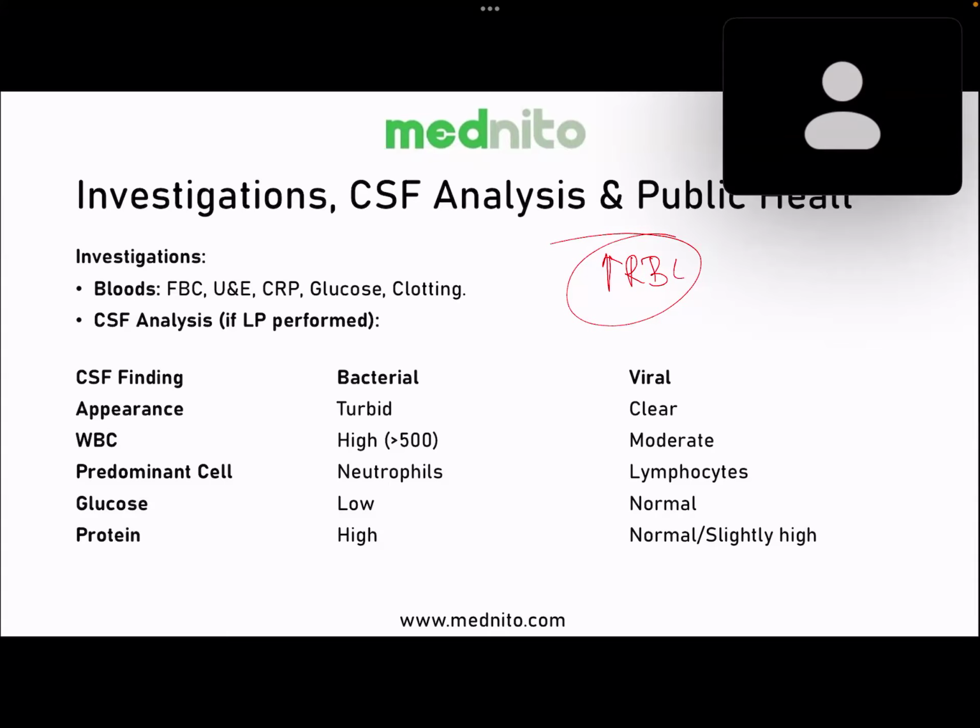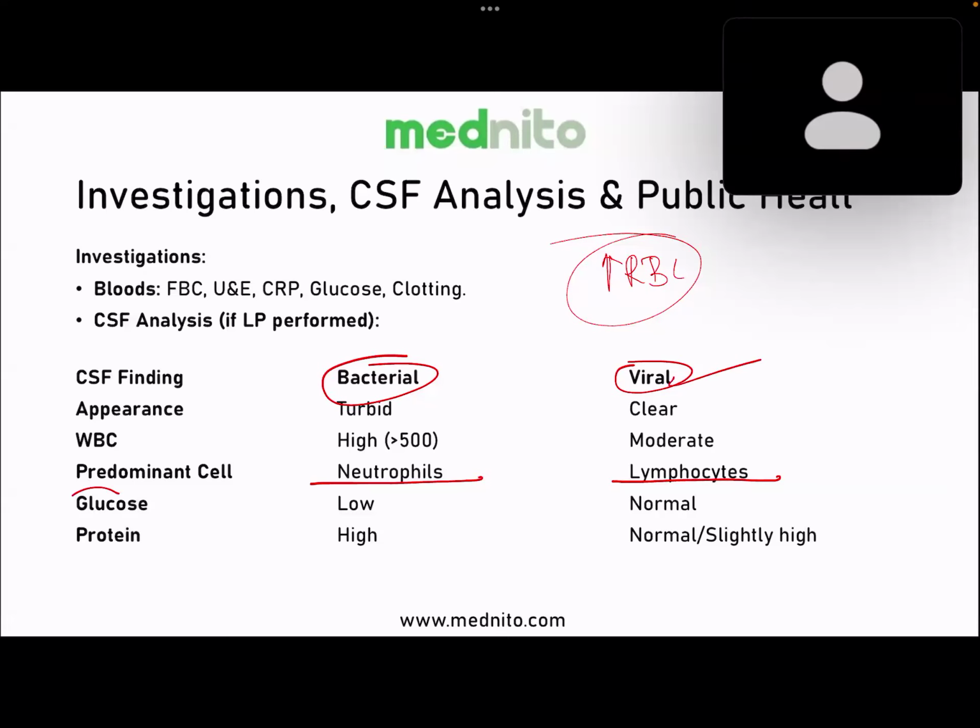All right. If it is a viral infection or a chronic infection, the cell of chronic inflammation increases. What is the cell of chronic inflammation? It is lymphocytes that increase. So in chronic infection, chronic meningitis, it is the lymphocytes that increase. All right. Viral meningitis is an acute infection, but the infection has been going on a long time, so neutrophils have faded off by the time the patient develops symptoms. That is why the predominant cell in viral meningitis is lymphocytes and the predominant cell in bacterial meningitis is neutrophils.